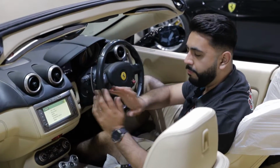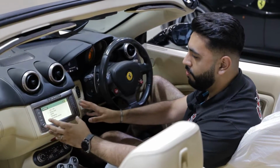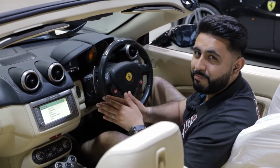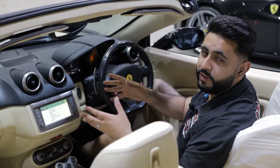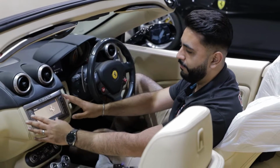So it's time to remove this completely, add a reversing camera, and this screen is not only going to be bigger than this, it's going to be a massive 10.1-inch screen going into the car. However, we also do sleek looking designs where they fit into...